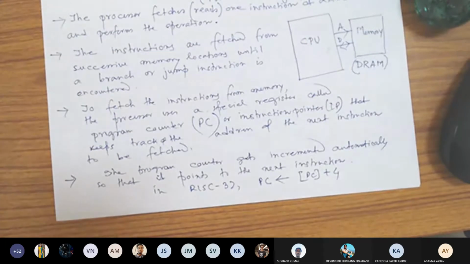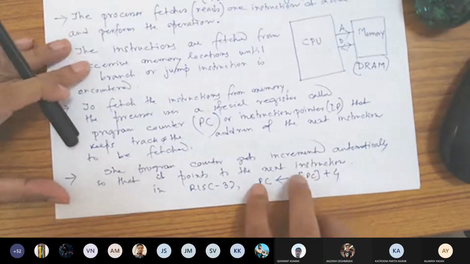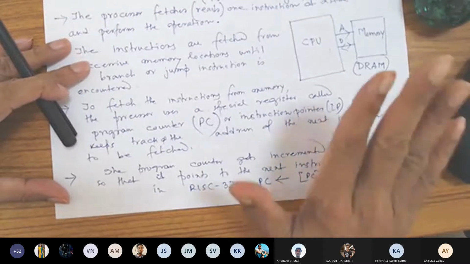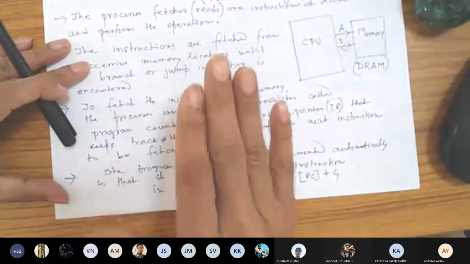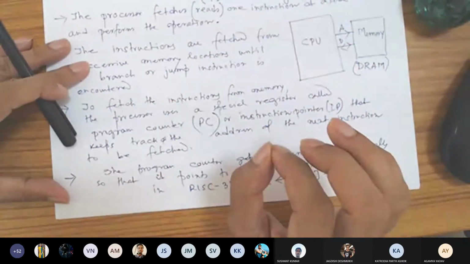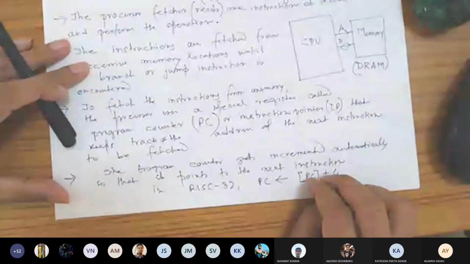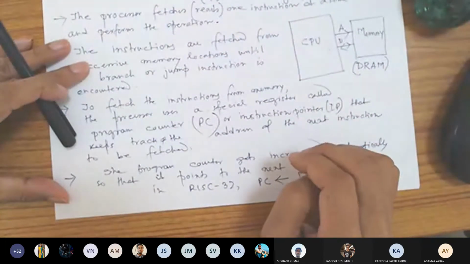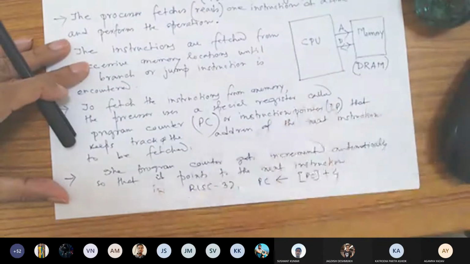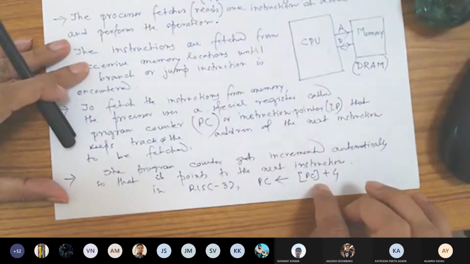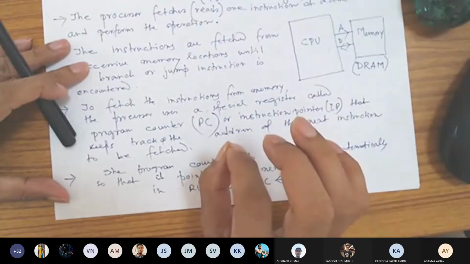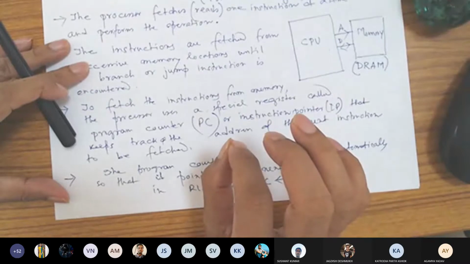If the jump or branch condition fails, yes. So if the jump or branch condition fails, then we can go ahead with PC equals PC plus 4. But if the jump or branch condition succeeds, then this value should be updated. Just remember this, that PC equals PC plus 4 is not the final increment.